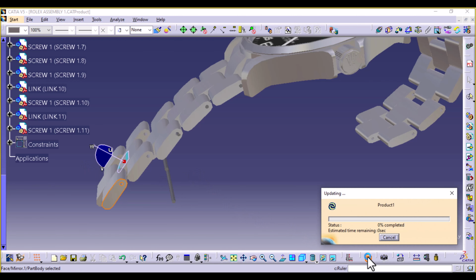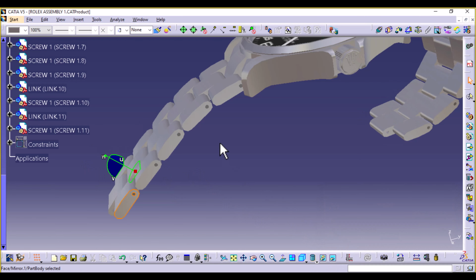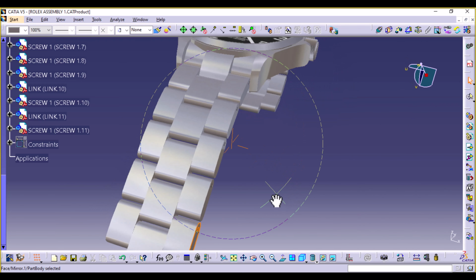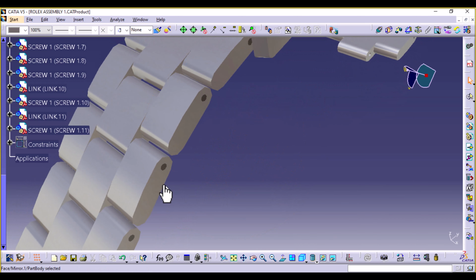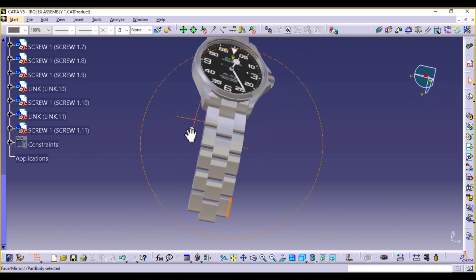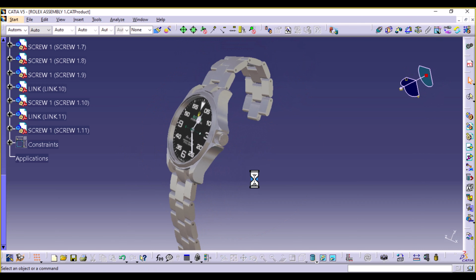So the band is going to behave exactly as it would behave in real life with the same degrees of freedom. And I don't know if you noticed, but when we were specifying where the screw is going to go, we left a small distance in between them so that we would have space to move. And then you can render this, or you can just screenshot